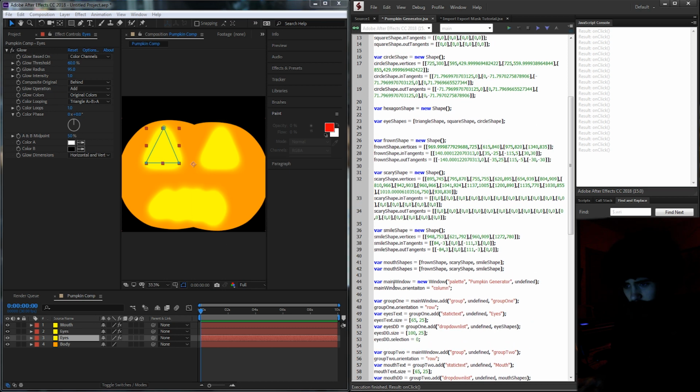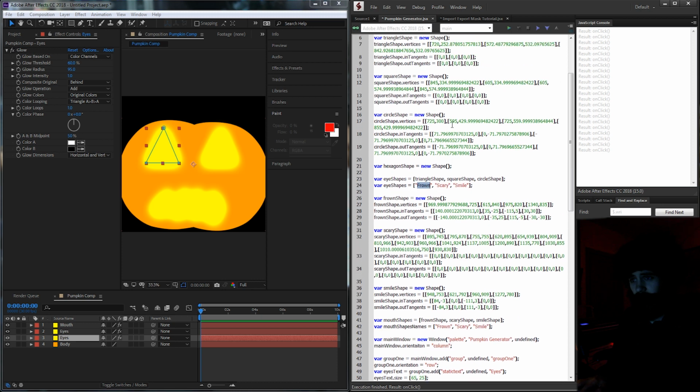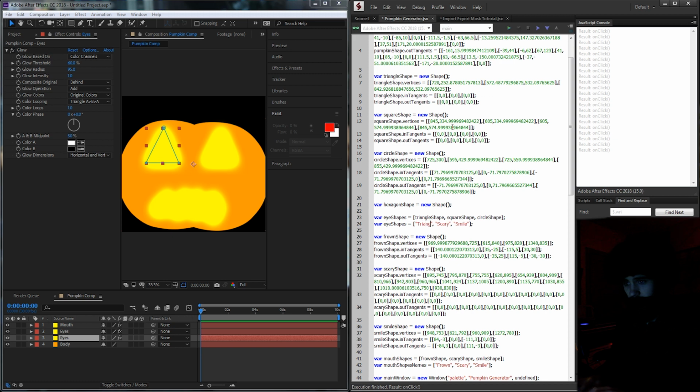So I'm going to duplicate this and say mouth shapes names. I'm going to say frown, scary, and smile. And then I'll just copy and paste this up here and change these to triangle,